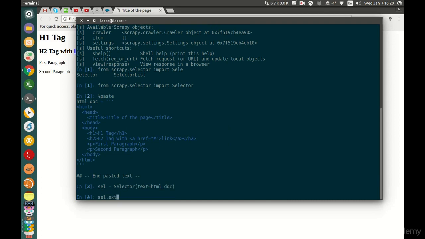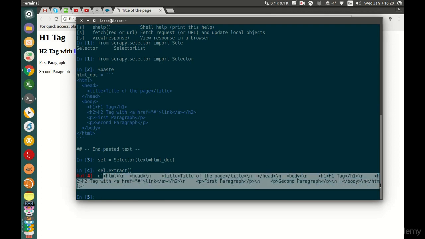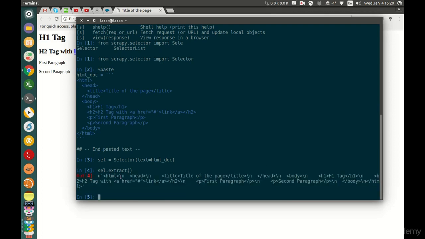And just to verify that everything is working correctly, let's see the HTML file. And the HTML file is, as you can see, separated by the new lines. So it's good to go, pretty much. The first example that I'm going to show is going to go to the XPath, or the XPath expression is going to be